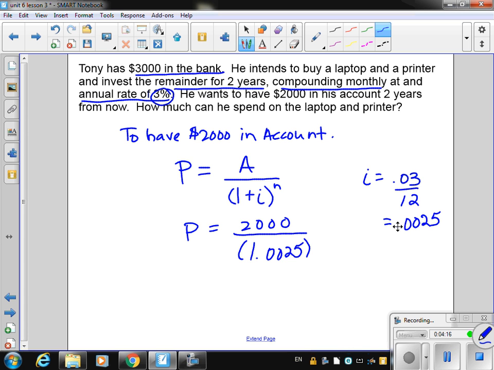And how many times will it be compounded? It will be compounded monthly, but for 2 years. So my N value is 2 years times the compounding of monthly. So it will be an exponent of 24. So now carefully with my calculator, I have a division. 2,000 divided by